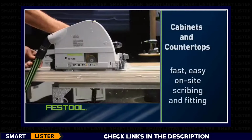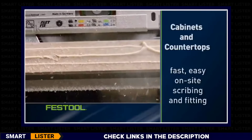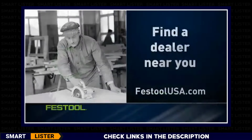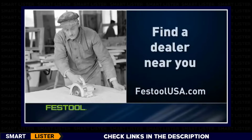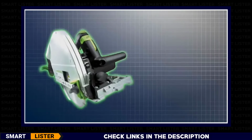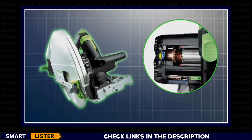And fabricating countertops is an easy process with the Festool TS. Whether cutting precise angles or truing laminate edges, Festool has been bringing innovation to the portable power tool industry for over 80 years and continually wins top ratings and reviews by professionals. The Festool TS system starts with our special blade and motor design for precision cutting and